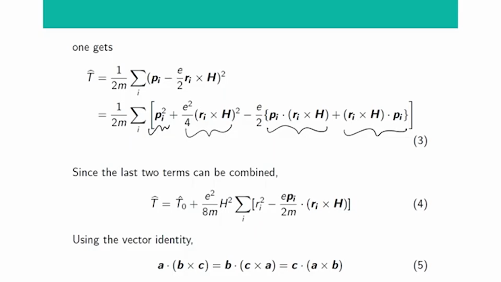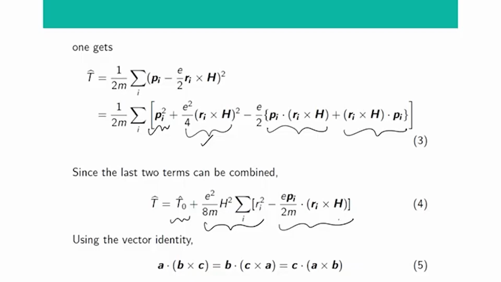Okay. So, now you see that we can choose actually a gauge in which we can combine these two terms and really can write it like a single term, and that gauge is divergence of A equal to 0. So, you may actually want to work out this term, which is not difficult. And what we have finally is these T0, which is nothing but p_i squared over 2m, which is the kinetic energy of the electrons without the magnetic field. This is the correction that is coming from this term that you see up there,